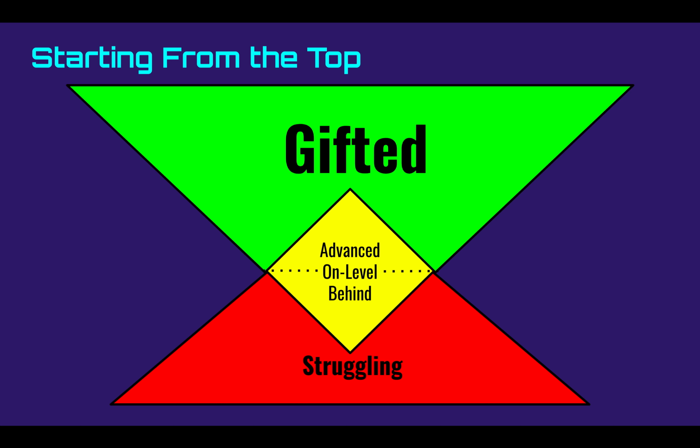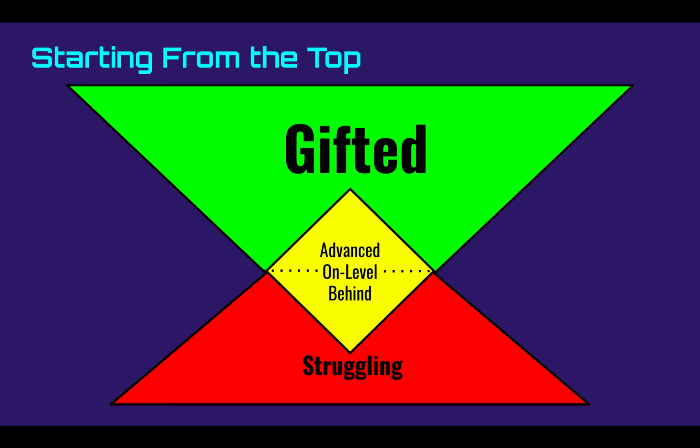One of the things that I always emphasize is the how for gifted, and really what I think should be the how for everybody else, is that you plan, you design lessons and learning experiences starting from the top. What do you believe that your most advanced kids can do? What do you think is going to challenge your most advanced kids? And so that's what you plan for. What I've done here is basically invert the RTI diamond so that we put gifted on top, and we spend a lot of time thinking about those gifted kids and what we think they can do, and then we design that kind of activity.